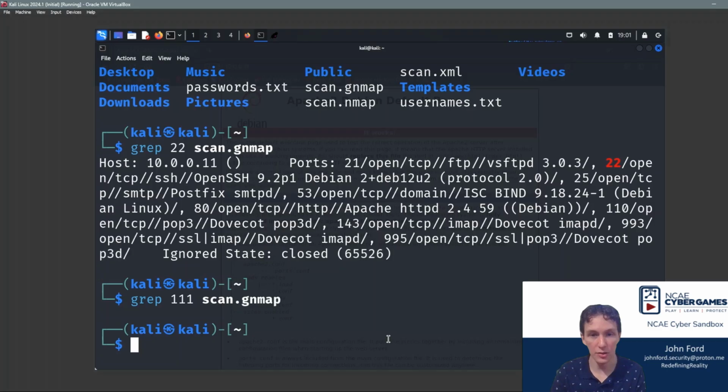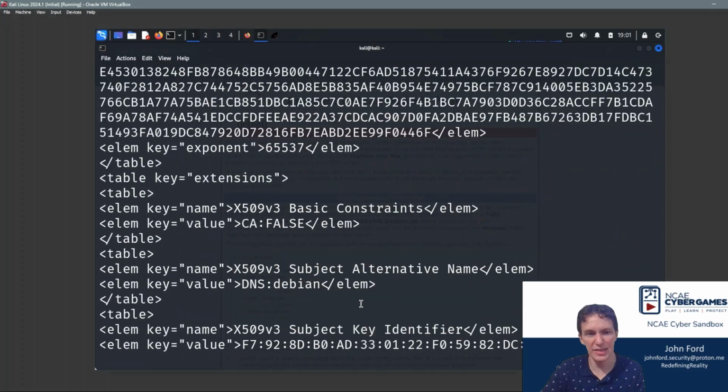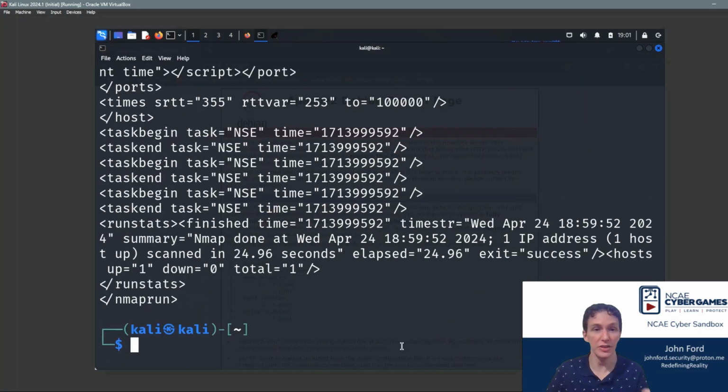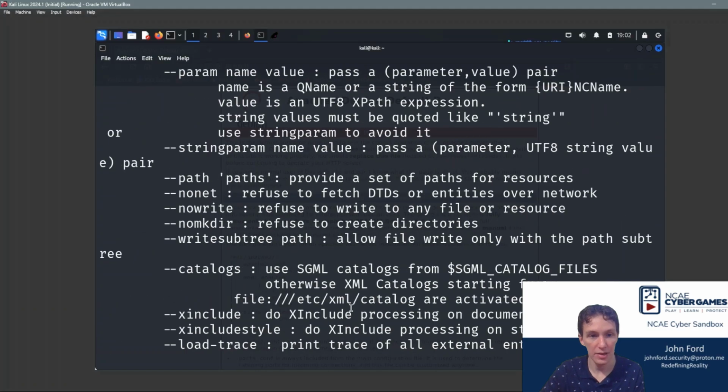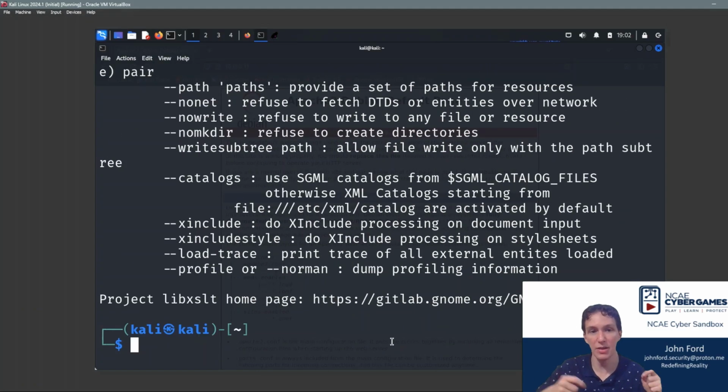And then taking a look at the XML, if I just print that out by itself, this XML isn't necessarily very helpful, but we can actually convert it to a really nice format that we can then open in a web browser. Fortunately, there are already tools in Kali that will do that for you. One such tool is xsltproc. If I look at xsltproc, there are a lot of different things you can do with it, but one of the things I can do is convert that XML file to something that can be opened in a web browser. So if I say xsltproc, and then I specify the name of that XML file, scan.xml,